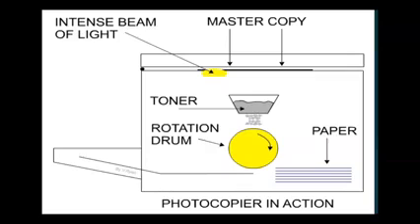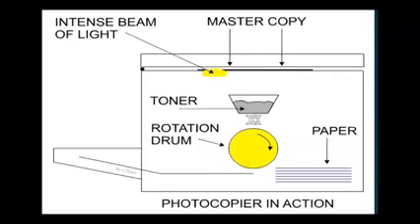Now have a look at a document we want to copy. When a beam of light was scanned across the document, light got reflected from the white areas, whereas printed letters, being black, did not reflect any light. When this reflected light falls on the photosensitive drum, the area of the photoconductor which was exposed to the light becomes conductive and gets discharged, whereas the area of the drum that was not exposed to light remains positively charged. Thus, we get an electrical shadow of the document on the photosensitive drum.